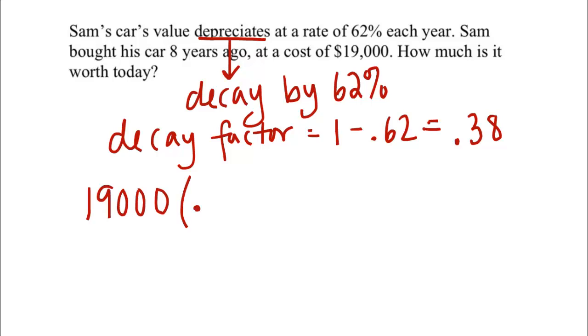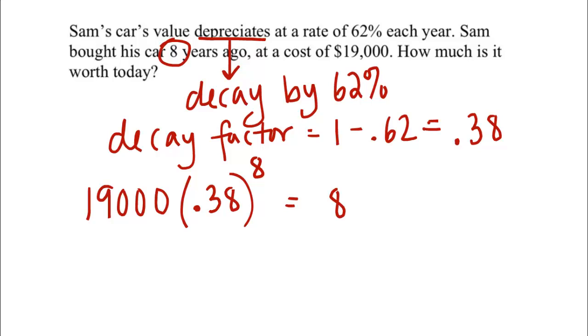Our decay factor is just 0.38. We want to make sure that we're getting smaller and smaller amounts. And he bought his car 8 years ago. So after year 0, which is when it cost $19,000, 8 years later would be today. So I want to multiply by 0.38 eight times, or 0.38 to the 8th power. Again, I'm just going to put that into the calculator, times 0.38 to the power of 8, and I get